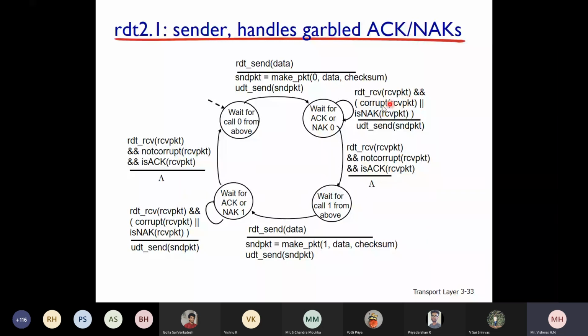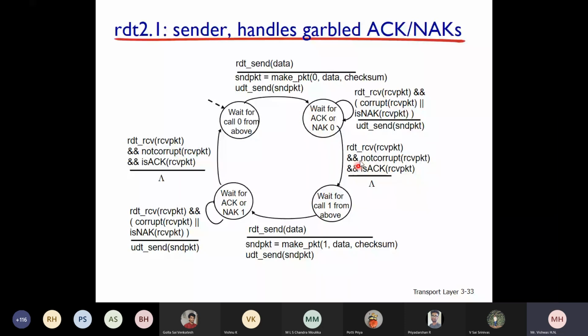If the received packet is corrupted, then you are not worried at all whether it is acknowledgement or negative acknowledgement, you will retransmit. Or if the received packet is not corrupt, but if it is negative acknowledgement, still you have to send it. That's the meaning of the "or" symbol here. Is that clear? You have received a packet. If it is corrupt or if it is negative acknowledgement, you retransmit it, and stay in the same state.